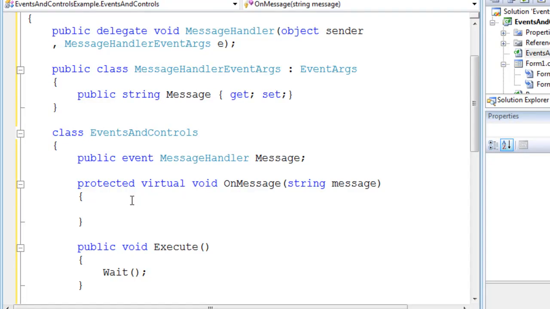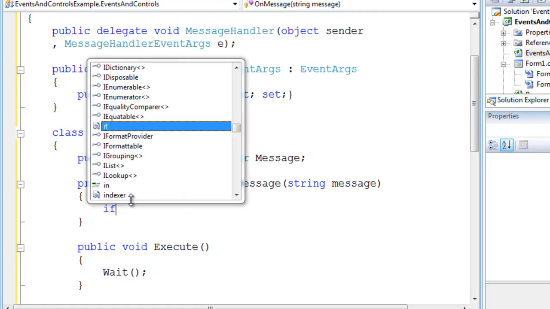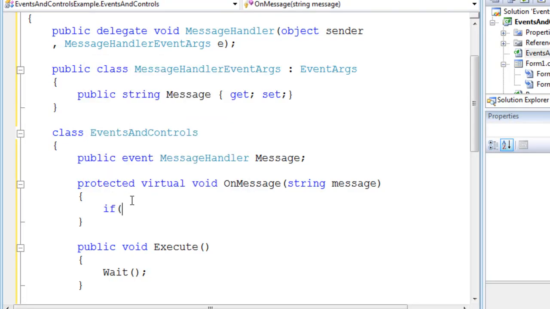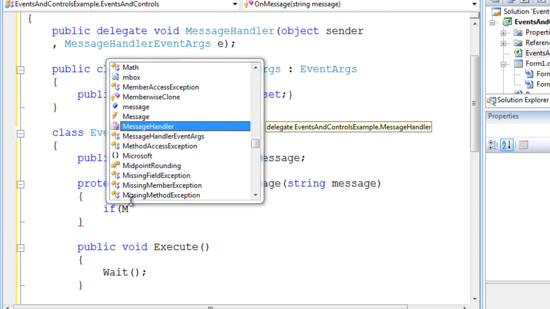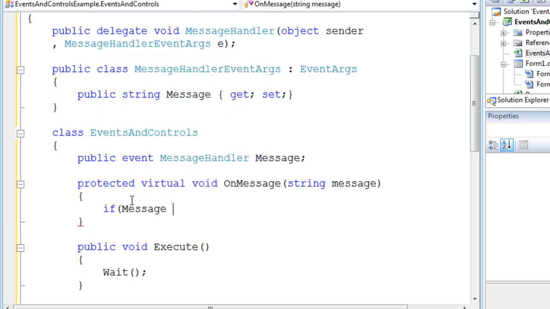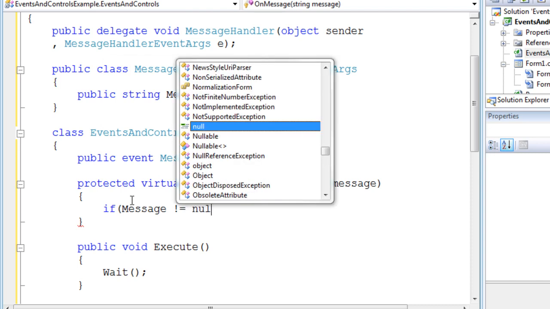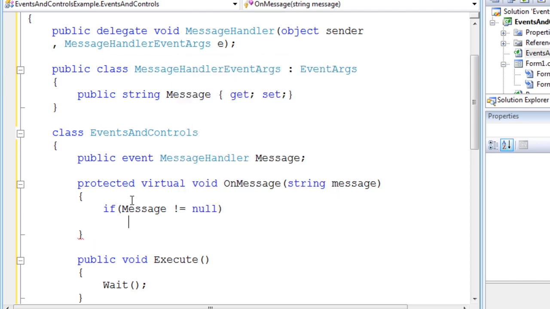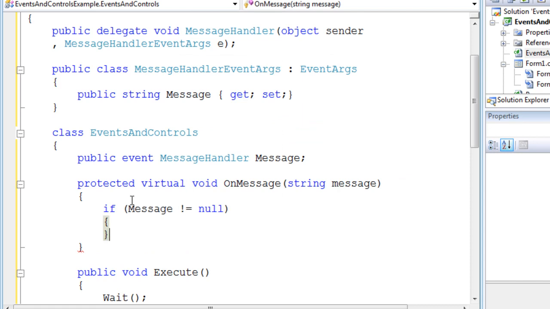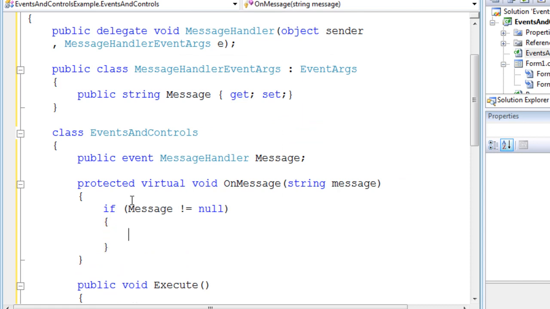What we do to accomplish that is very simple. We create an if statement, and we take our message event, and we figure out whether or not it's null. If it's null, then no one's listening. But if it's not null, then someone is listening, and we need to do something. So if someone's listening, in our case, we want to send them the message that the class has just sent